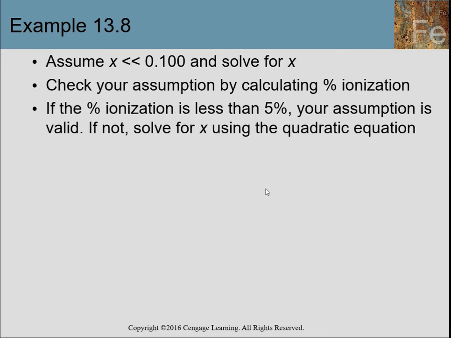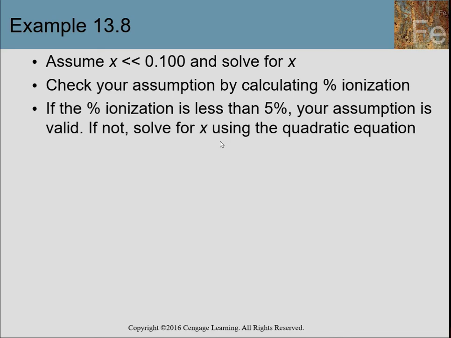Okay, let's look at this. So let's assume that X is very, very small. We're going to assume that X is very, very small, and we're going to assume that we can ignore it. And then when we're done, we're going to calculate the percent ionization and see whether or not it really is less than 5%. If not, we're going to have to solve for X,